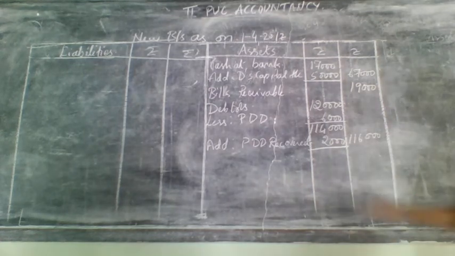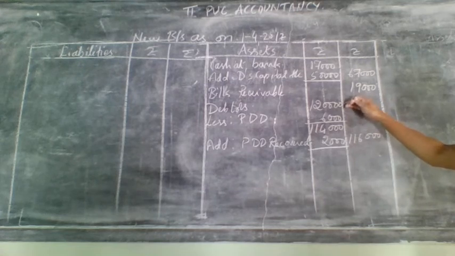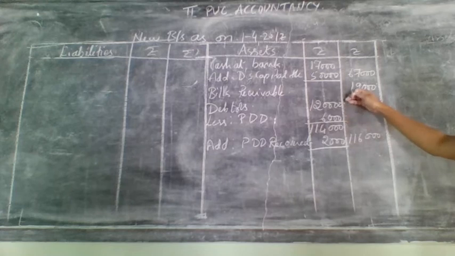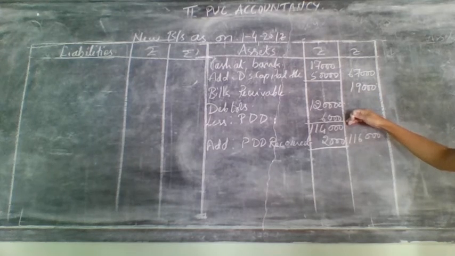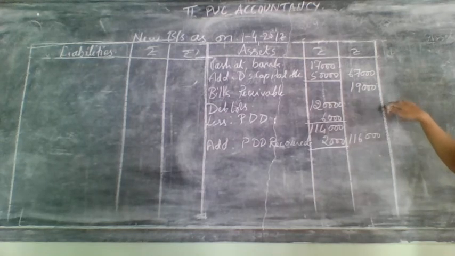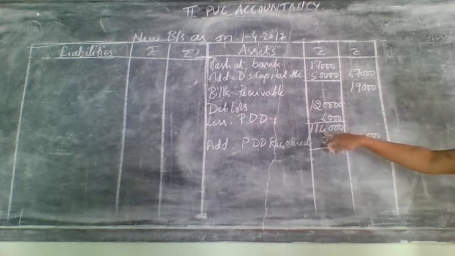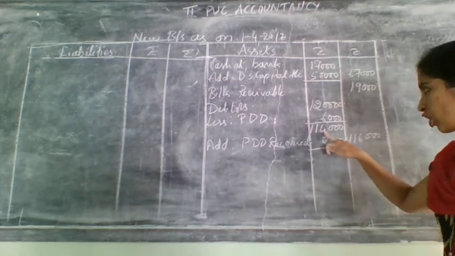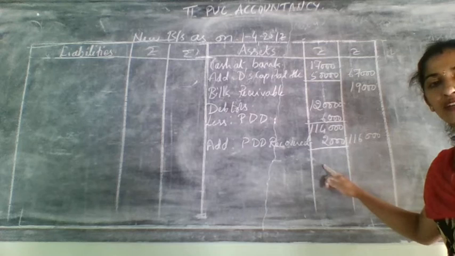1,16,000. Understood? First thing, what we need to do? We need to take the adjustment, whatever is given in the old balance sheet, as it is. Write it here. This amount was in the outer column. Don't write it in the outer column. Instead, after subtracting, whatever amount comes, write it in the inner column itself. After writing that, check in the revaluation account.